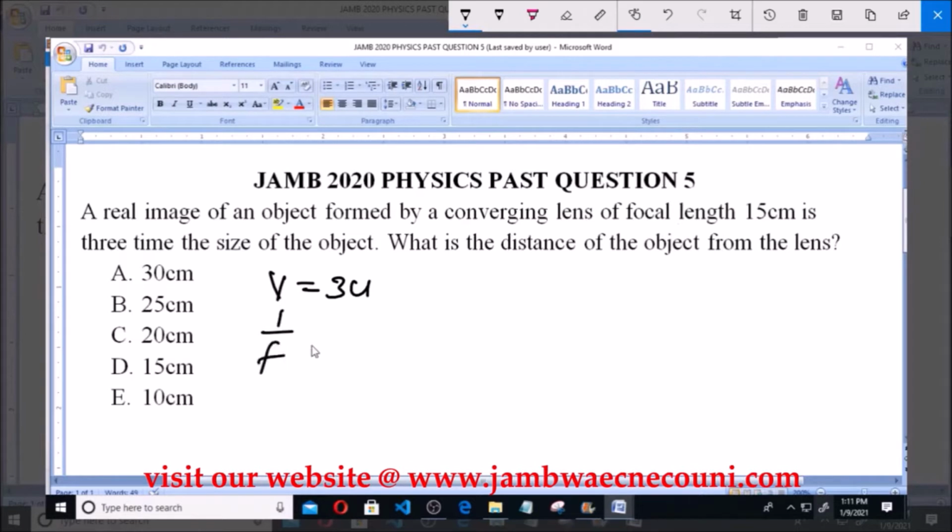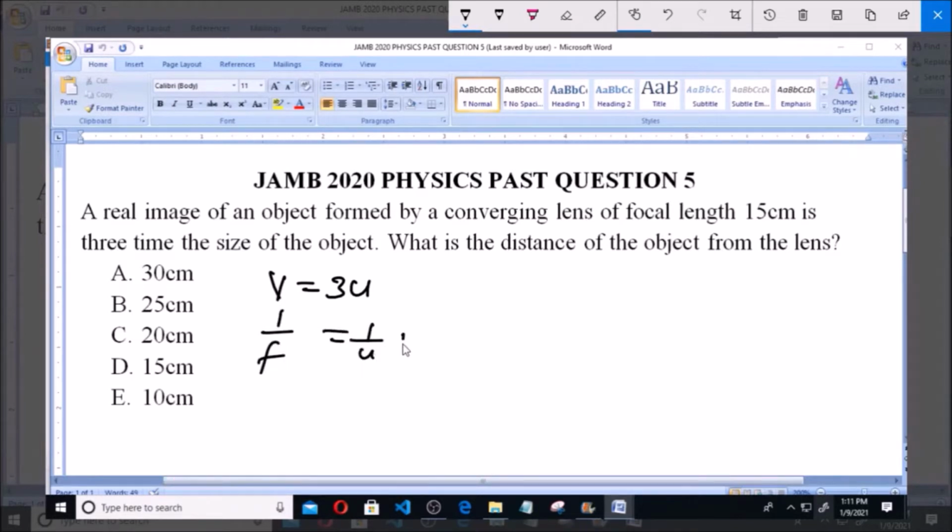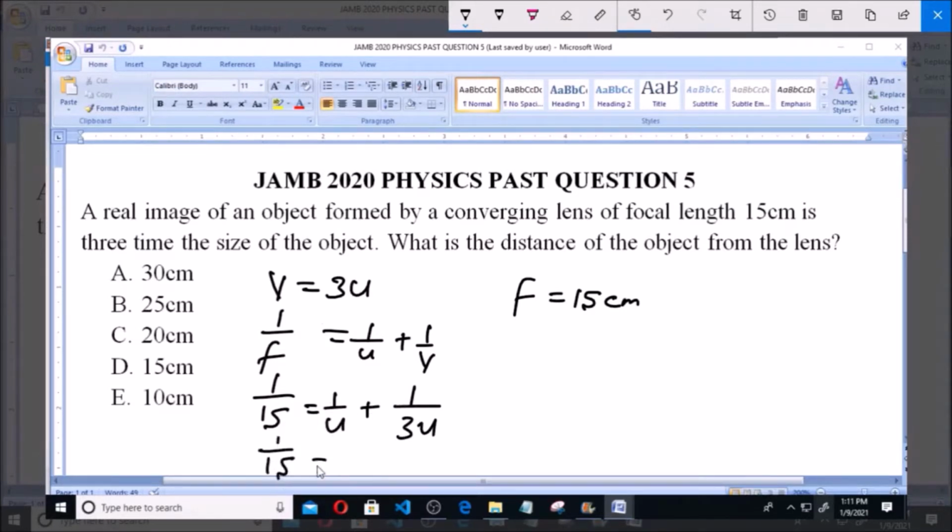Now, since the image is a real image and it is formed by a converging lens, we can say 1 over F, that's the focal length, is equal to 1 over U plus 1 over V. Now remember that F, which is the focal length, is equal to 15 centimeters, and we are asked to find the distance of the object from the lens, which is U. Now 1 over 15 is equal to 1 over U plus 1 over 3U. Remember V is equal to 3U, so this will give us 1 over 15 is equal to,